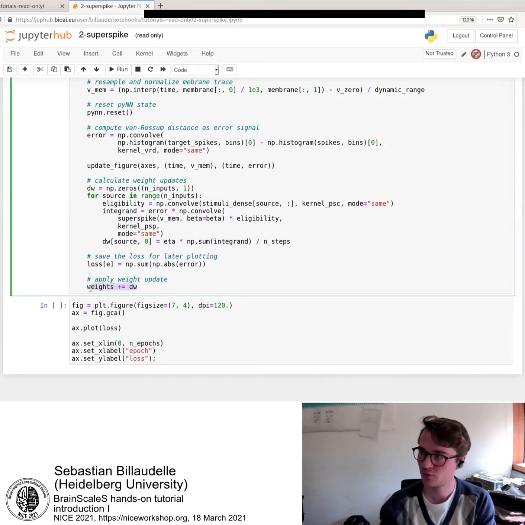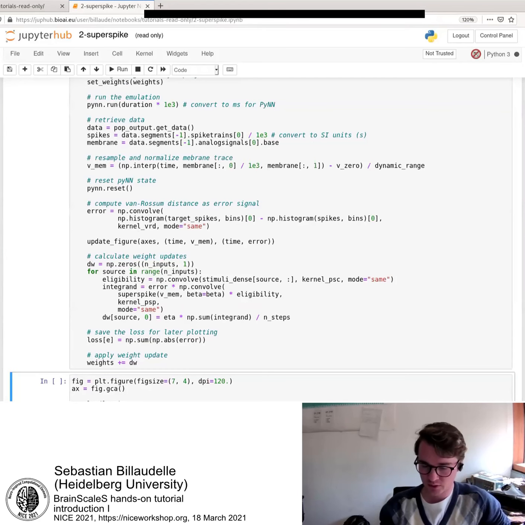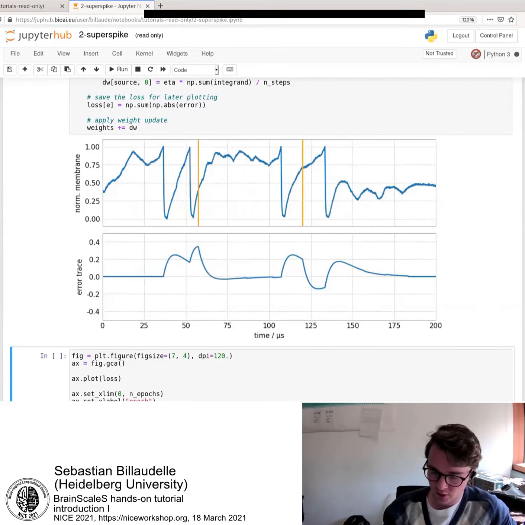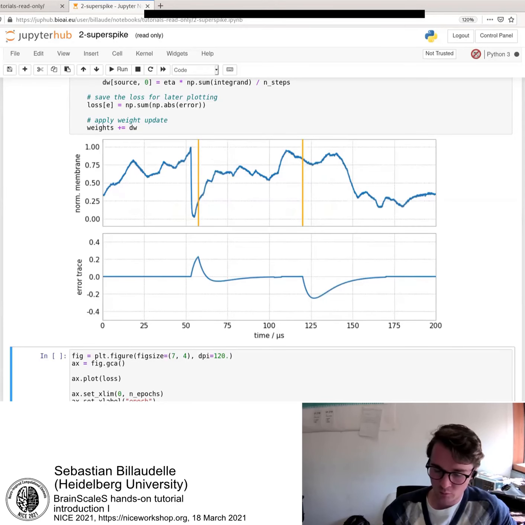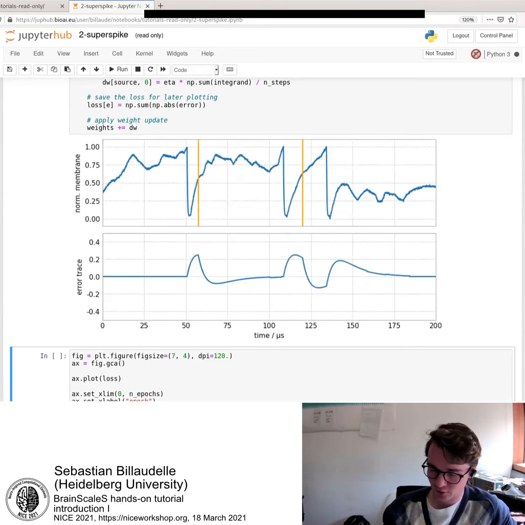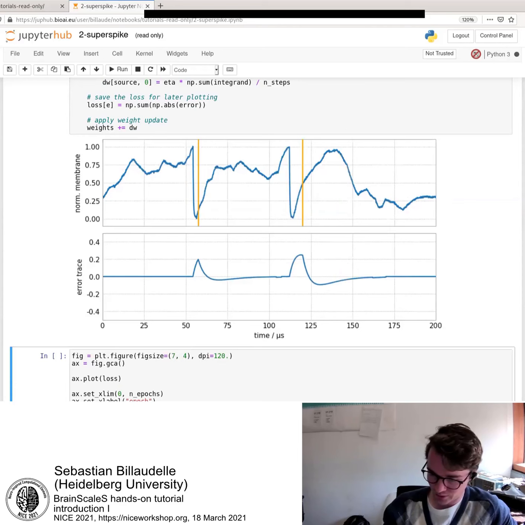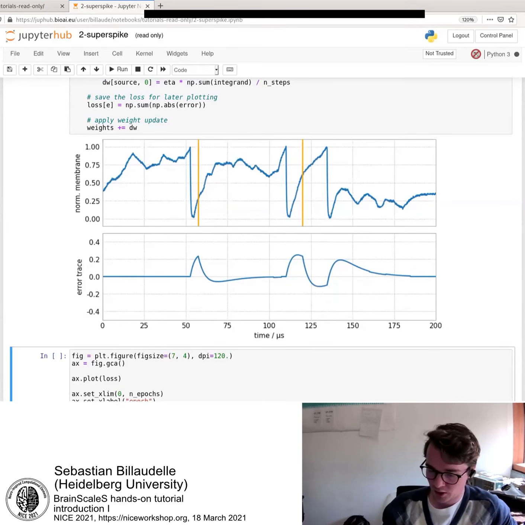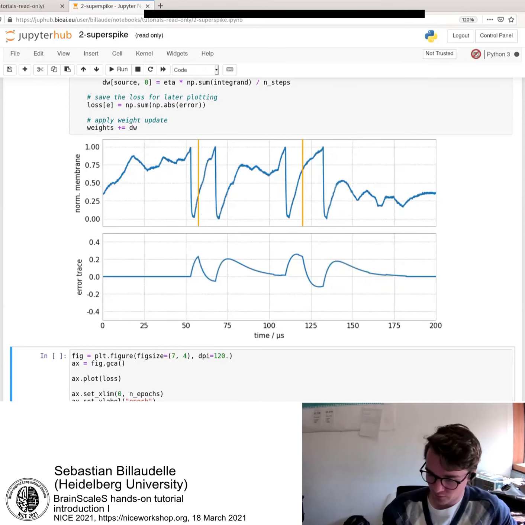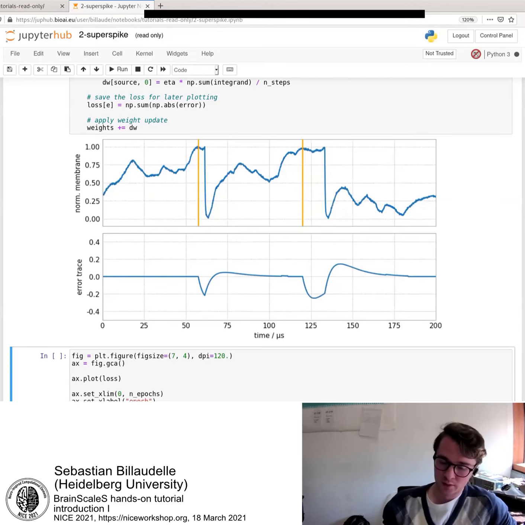And now the fun part, sorry for all the theory, now is seeing our neuron converge, right? So you see it started from ridiculous initial conditions, and it really learns, hopefully, to reproduce these spike trains in a targeted fashion. And you should see how it really nicely learns that. Again, this task becomes harder the more target spike trains you have. This just means that it will converge slower. And most notably,